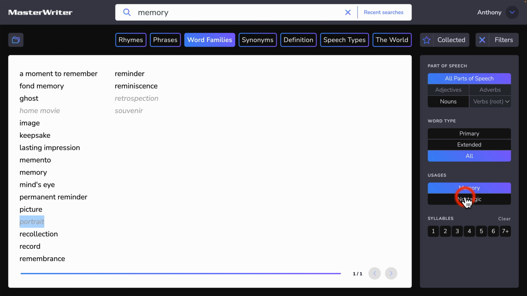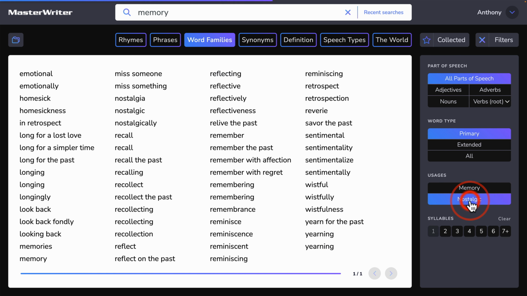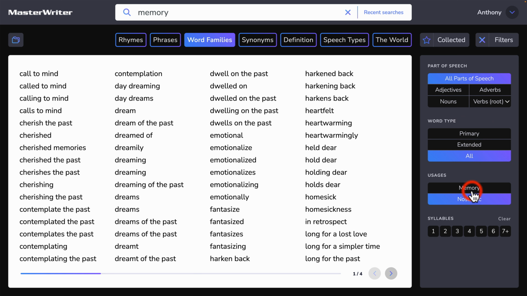First, I just want to show you that we can also click on the word nostalgic and then do the same thing. It resets these parameters, so I just have to click back on all parts of speech and then click back on all word types, and the syllable stays blanked out. So now I have 4 pages of these to look at. I could just go through and add some of these to my collection as well, and then once I've gone through and chosen all the words that I want,